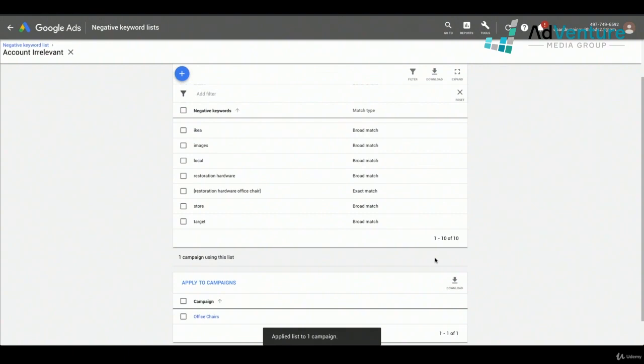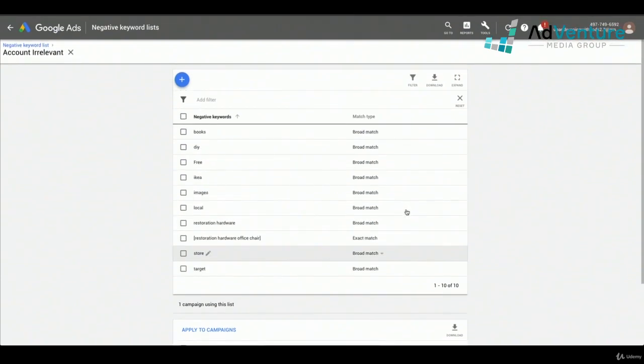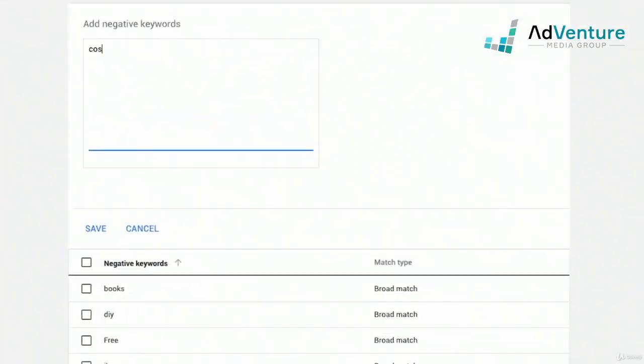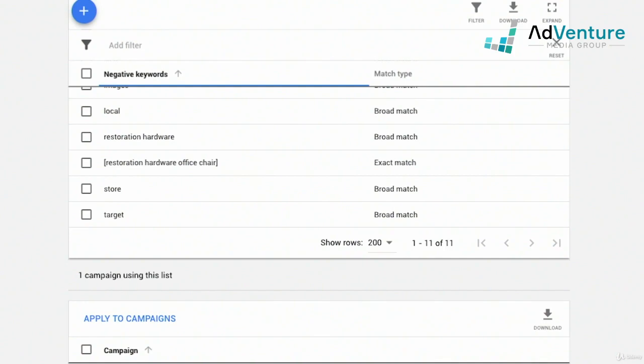You could edit the negative keywords, you could add negative keywords to them. You could also add negative keywords to a list directly from here by clicking the blue plus sign and adding a negative keyword. So let's say I wanted to add a negative keyword, Costco. Click save. I can edit from this window as well, and it's a really, really flexible way of managing negative keywords